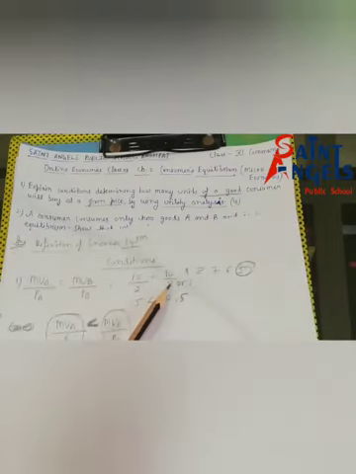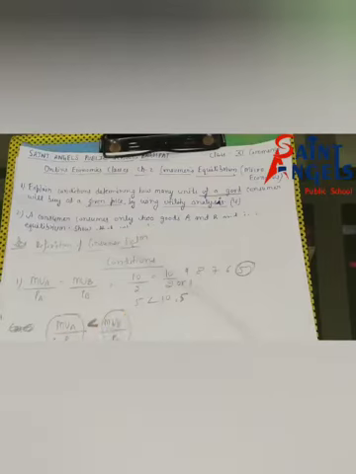Now price falls from 2 to 1. Then 10 divided by 1 is equal to 10, and 10 divided by 2 is equal to 5, and 5 will be less than 10, which means this condition will be created. Now after this you will explain this condition.